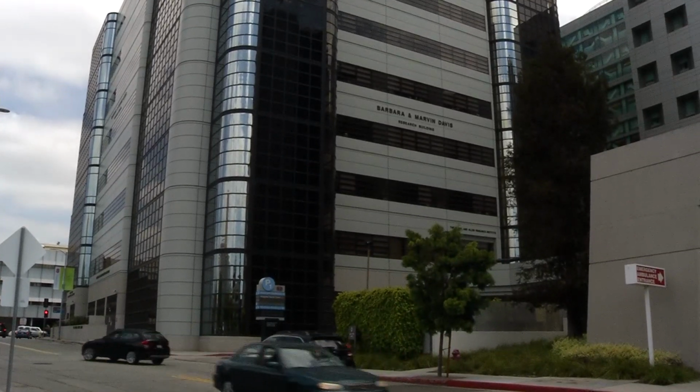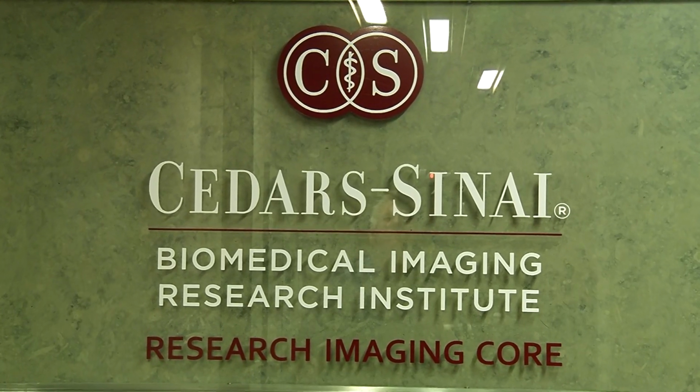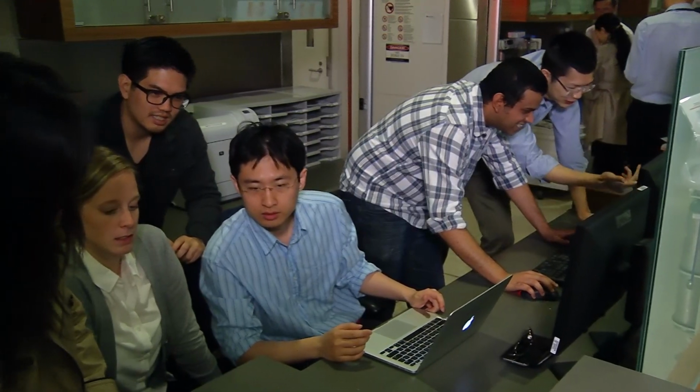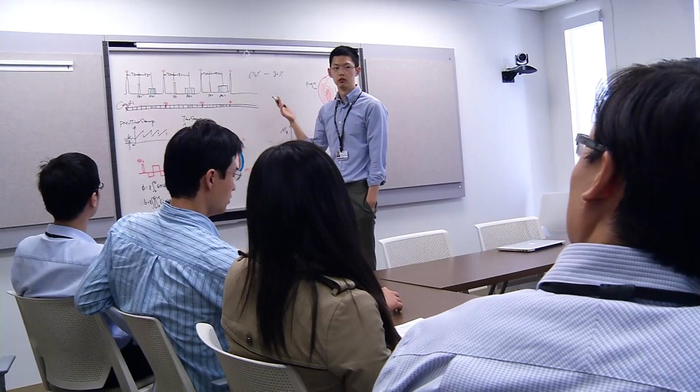The Cedars-Sinai Biomedical Imaging Research Institute was established about 5 years ago. Our mission is to develop and apply novel imaging technologies to solve important clinical questions such as cardiovascular disease, cancer, and neurological disorders. In addition, we educate and train students and clinical fellows to become future leaders in biomedical imaging